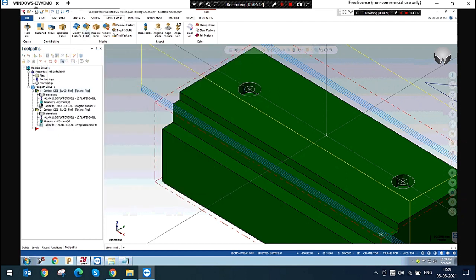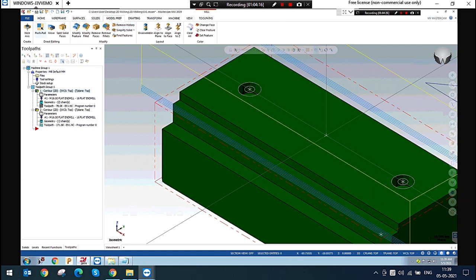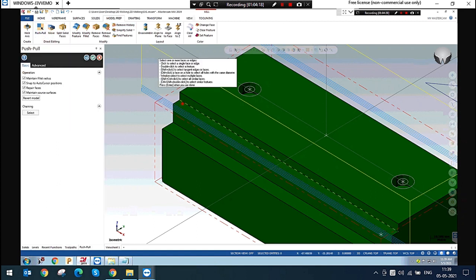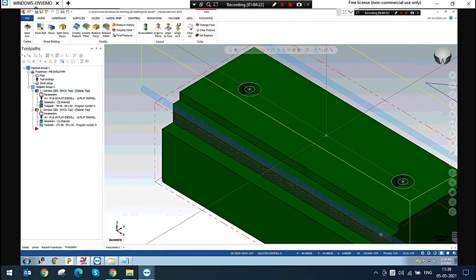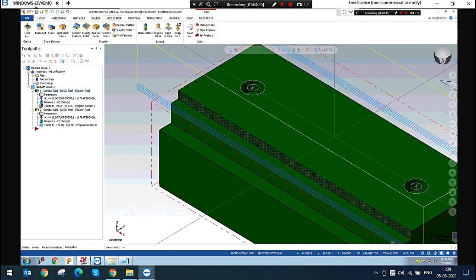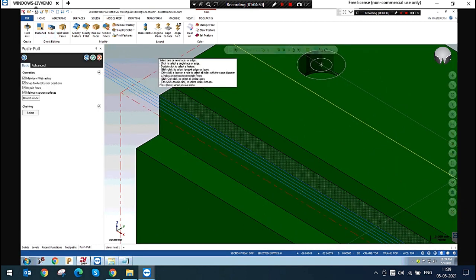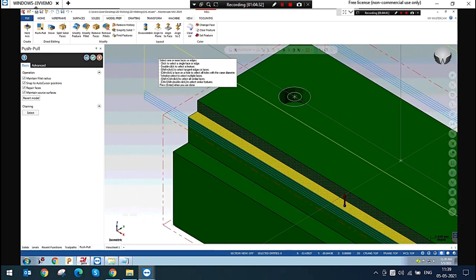If I change the model with push and pull, just selecting, sorry, there is a network problem. I'm just selecting that face. Yeah, this face.